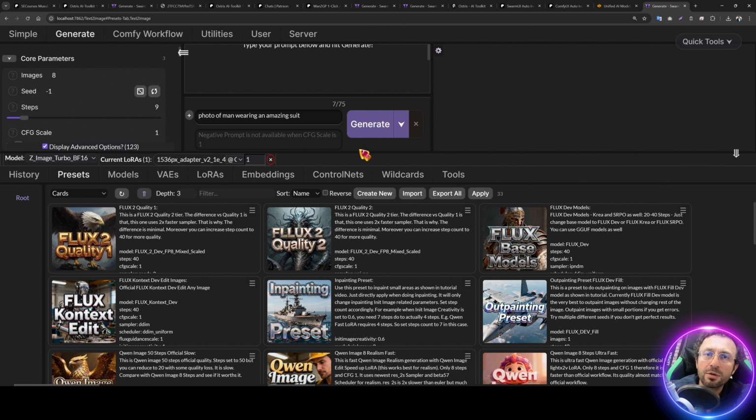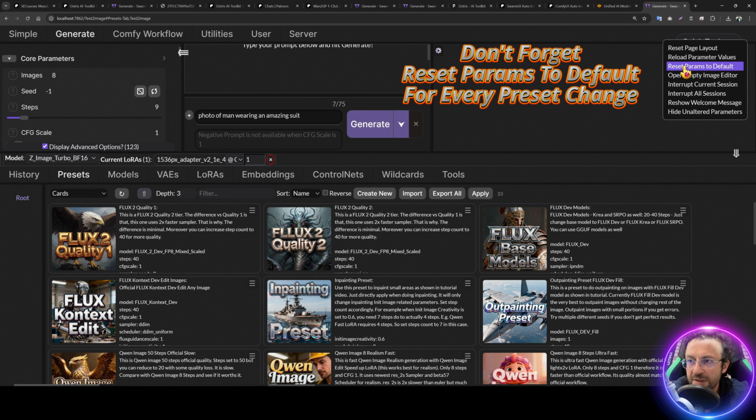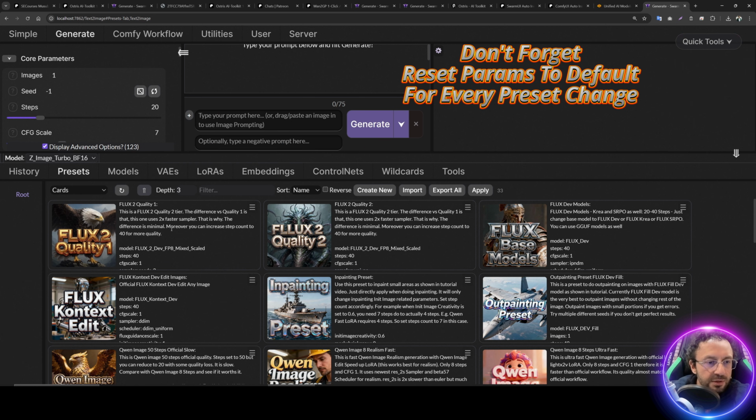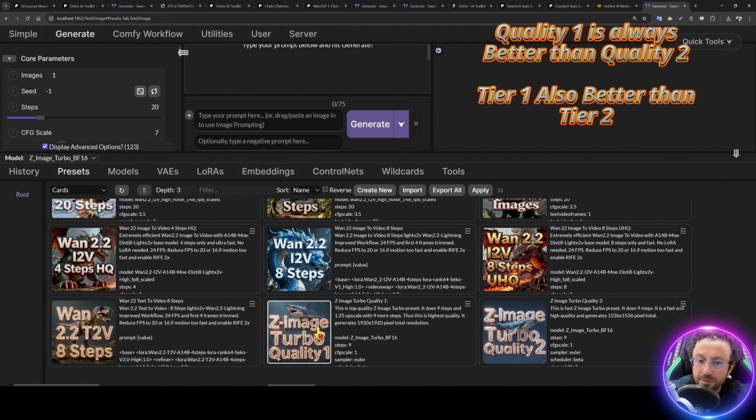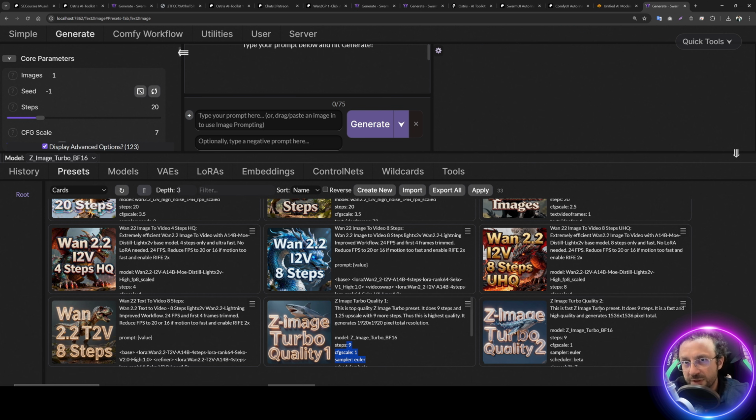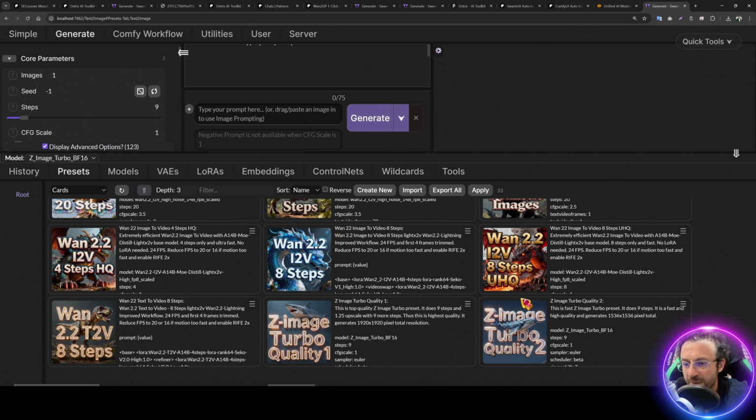Okay, so how are we going to use the Z-Image Turbo model? First of all, quick tools, reset params to default. This is important. Then we have 2 separate presets for Z-Image. You see quality 1 and quality 2. Quality 2 is faster. It is only one process. It doesn't upscale. So let me demonstrate both of them. Direct apply. And for